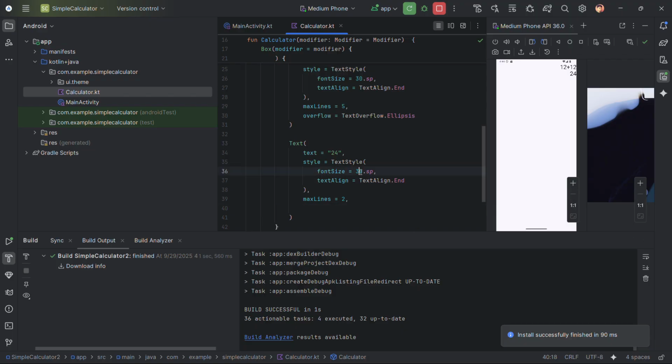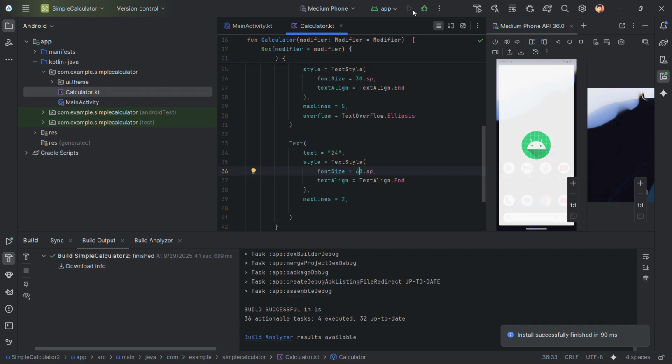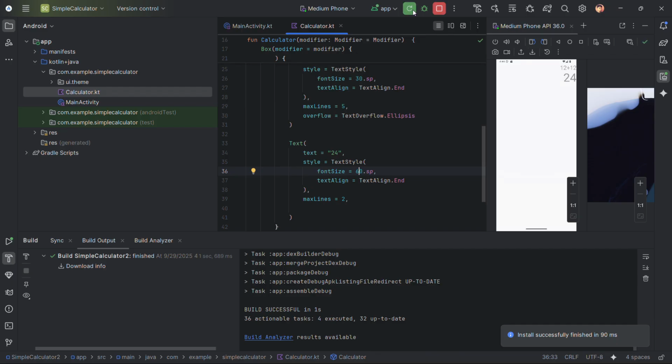Okay, yeah, we can see the output 24, and the input would be 12 plus 12. Let's increase the size of the output and run it again. So yes, it's running, and yes, the output is